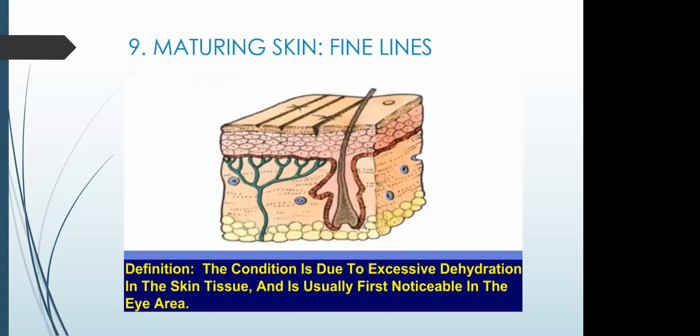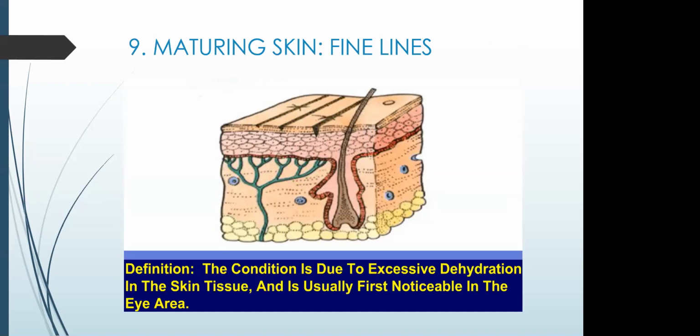Also under aging or maturing skin are fine lines and wrinkles. This would be an example of crow's feet, lip lines, smile lines, worry lines. Wrinkles are caused by several factors: intrinsic aging, which includes sleep lines, gravity, expression lines, and UV radiation. Smoking and ongoing sun exposure can also accelerate the aging process, which includes your deep wrinkles as well.